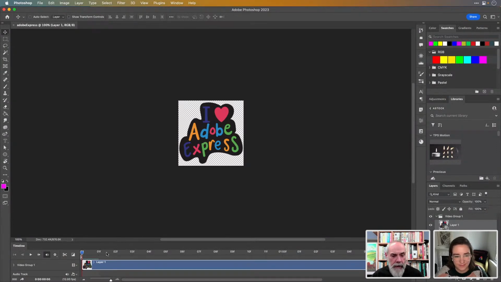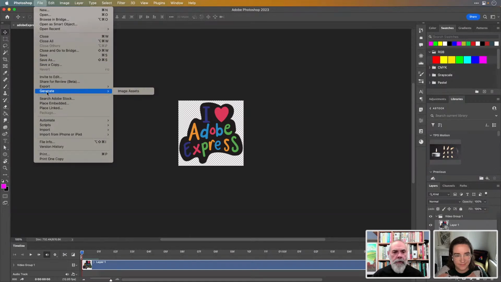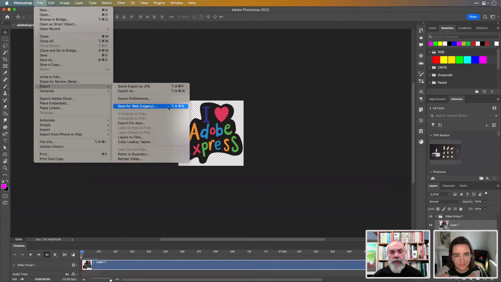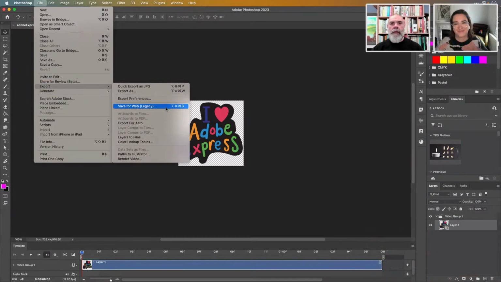The timeline panel is open. Everything is there, ready to go. So what I need to do is go to the File menu, come down to Export and choose Save for Web (Legacy). Don't get me started on the word legacy there, because when they provide me with another way to output GIFs from Photoshop, I'll stop whining about it. But anyway,